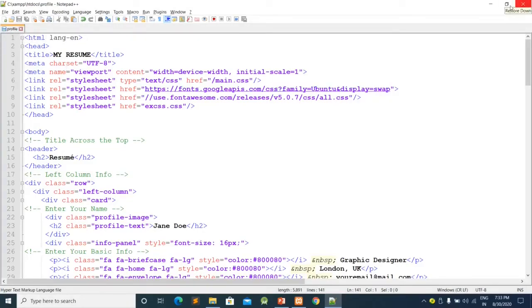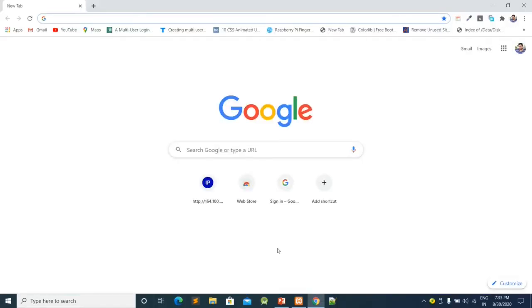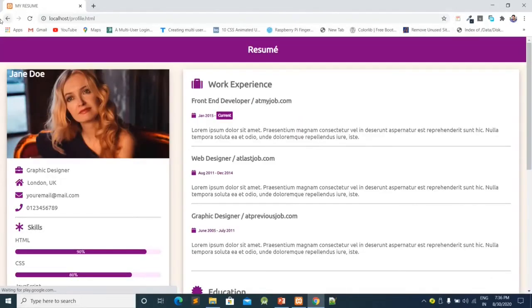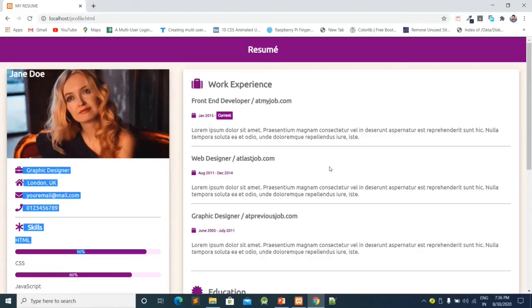So I will close the editor and now I will go to my web browser and try to open the page I have created using the URL of localhost. So I will use localhost as the domain name followed by the web page name with extension. So let us hit enter and have a look at my web page. This is the web page where there is a title, there is an image of the person the resume belongs to, and different details that should be there in a resume. So this is the way we work with writing the code, saving it, and executing it.